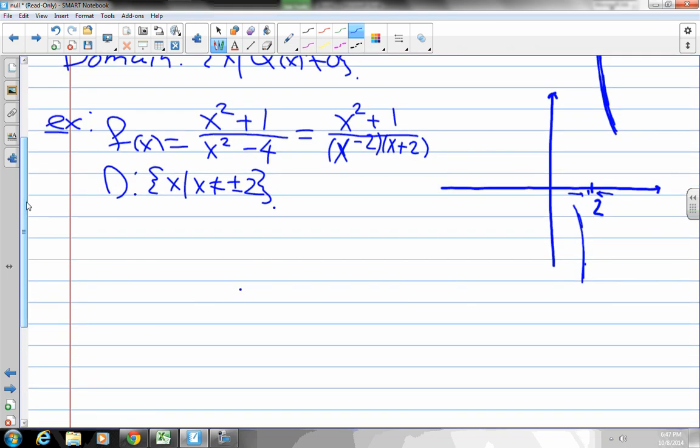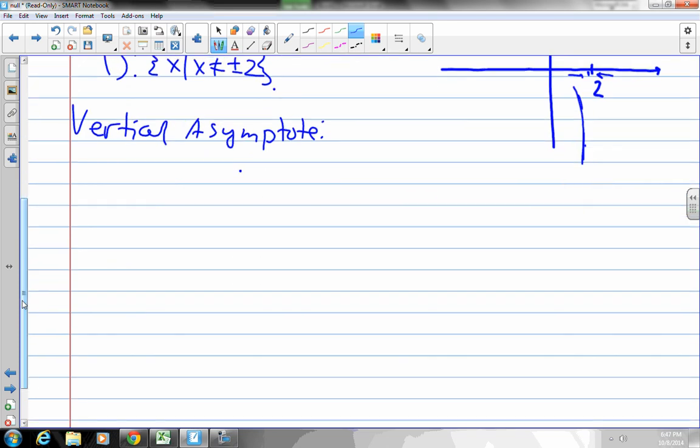So we call this idea the vertical asymptote. And the way you find the vertical asymptote is pretty simple. The first step is to reduce your function. There's a difference between finding the domain and finding the asymptotes. For the domain, the function is the way it's written. For the asymptotes, you want to reduce that first. And second step,